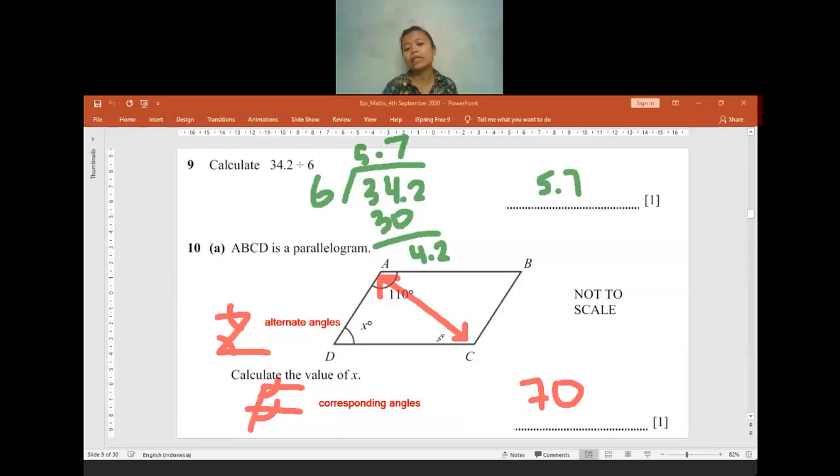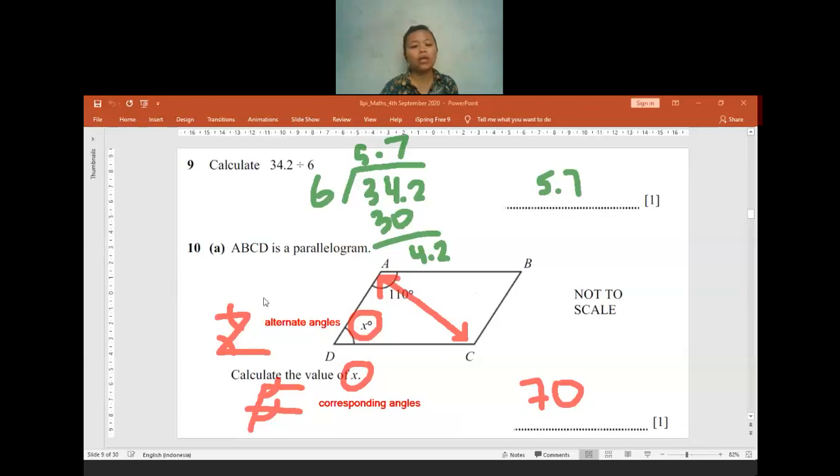For the x here, you don't have to put the degree, because the x is already given as x degrees. Because the question only asks for the x, it's optional, but it is better not to write the degree. In the diagram, angle ADC already has the label x degrees, but the question only asks for the x. That's why for writing the answer 70, you do not need to write the degree unit or symbol. Is there anyone with any questions so far?